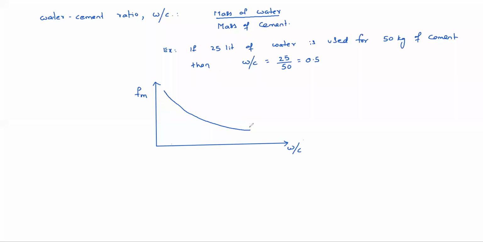Of course, for the chemical reaction, a water cement ratio of 0.3 is enough. But from the workability point of view, more than 0.4 is required. So if you take care of workability, then the chemical reaction is automatically taken care of. No need to worry about it. As much as possible, you should try to use less water, but maintaining the required workability.